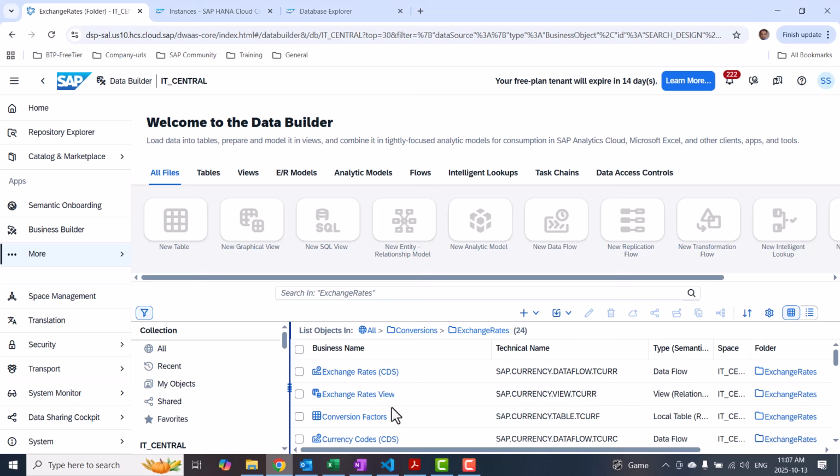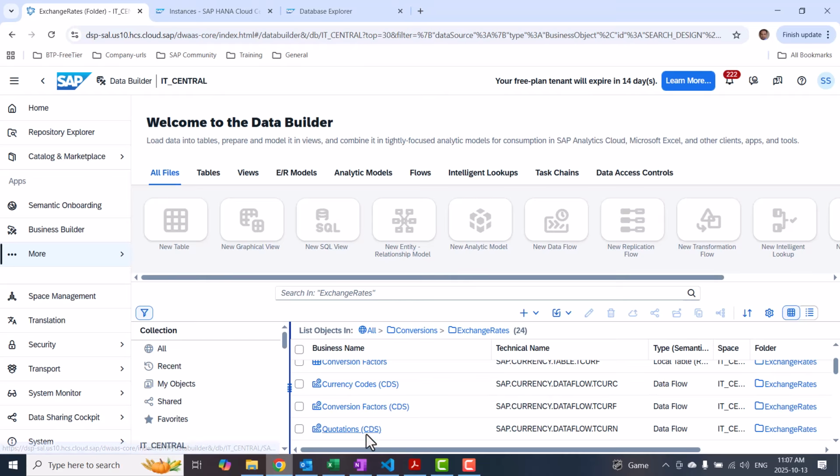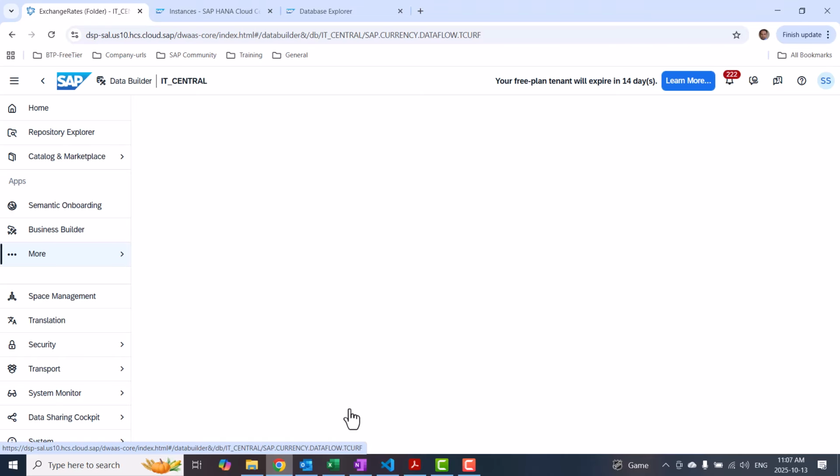As I said, we can have these data flows triggered to get the data loaded from the S/4HANA system. For example, currency conversion factor. This is a data flow. I'm going to open one of the data flows,